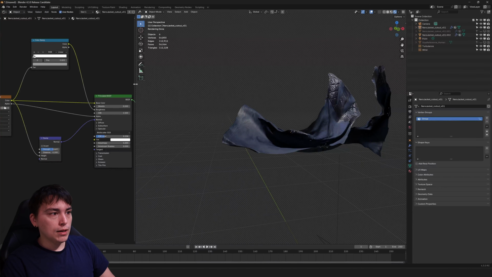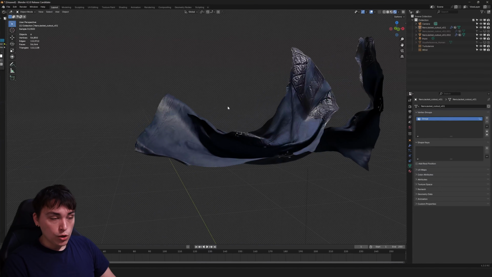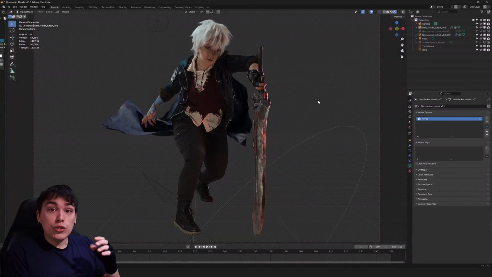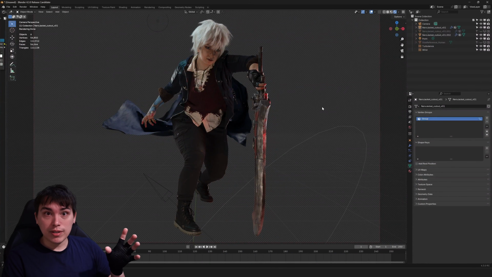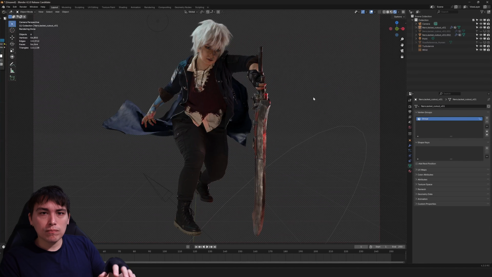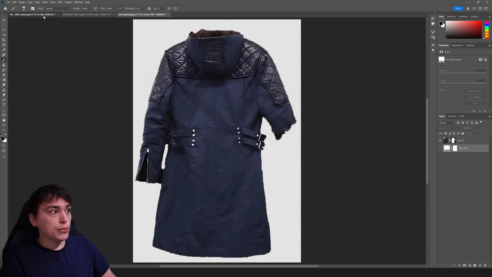And I'm going to go ahead and minimize this window. I'm going to go back into my camera view. And what I want to do is, now that the material is set up, I want to get the lighting to more closely match my original photograph. So in this photograph, if we actually go back to Photoshop and look at the original image,